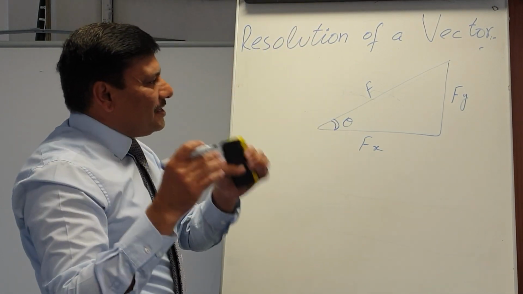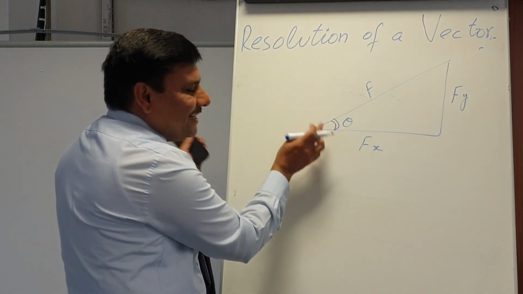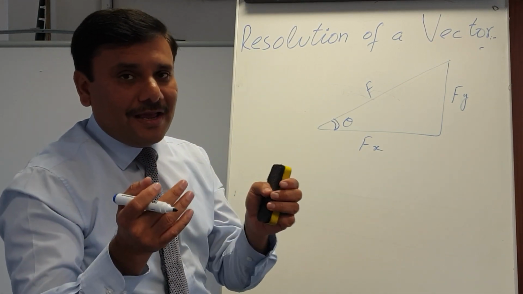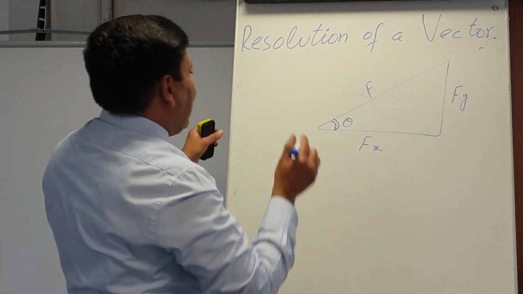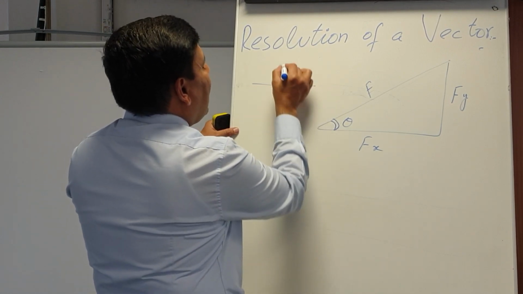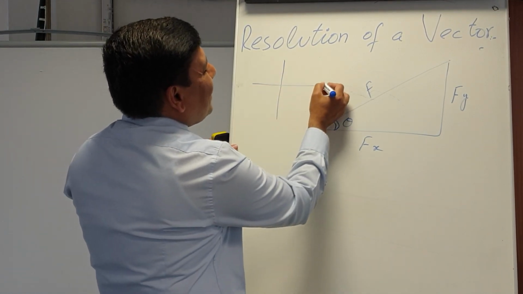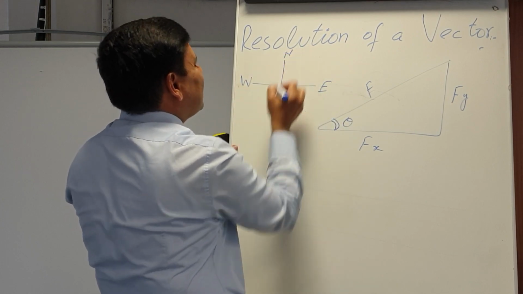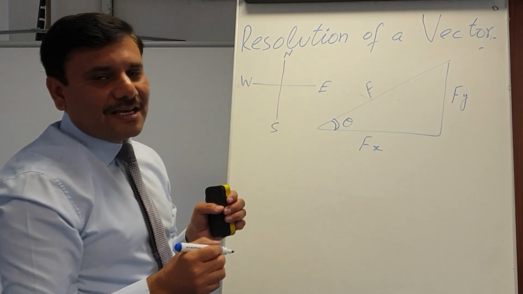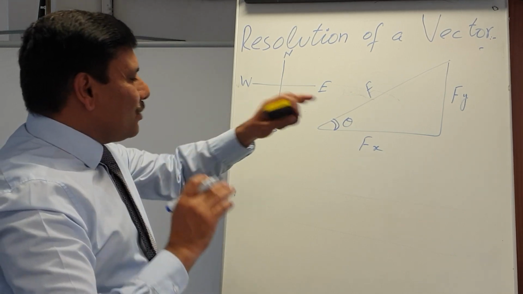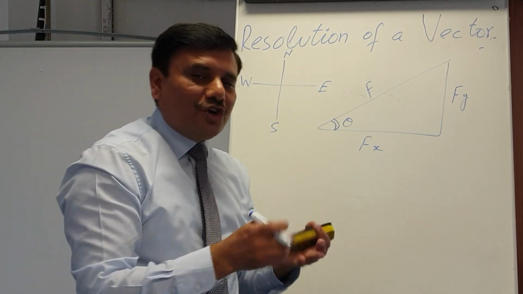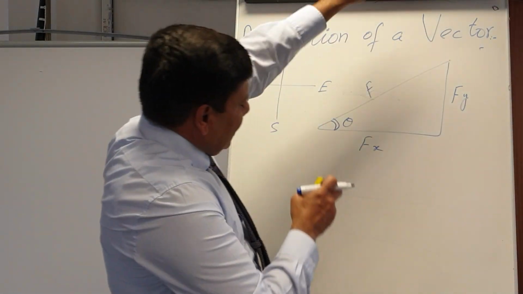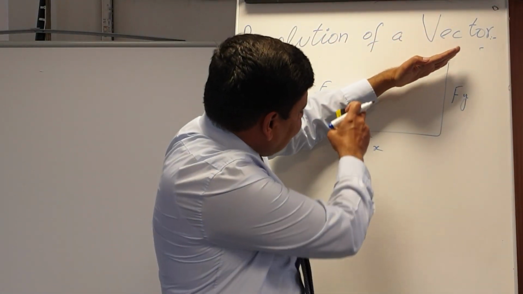One more thing I must explain here. Theta is actually representing the direction of the vector. So how can it be explained? Some students consider that directions are only east, west, north and south. This is not the case only. Actually, this theta is also representing the direction. So I will explain it like this. So if theta is this,